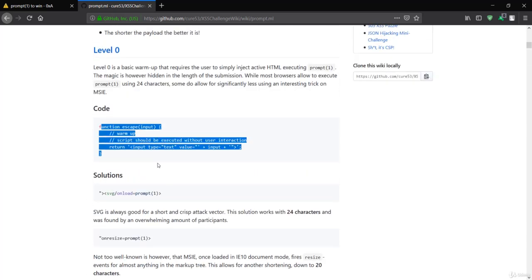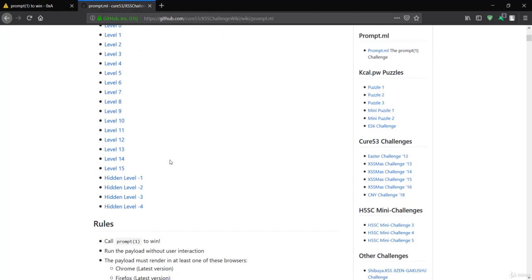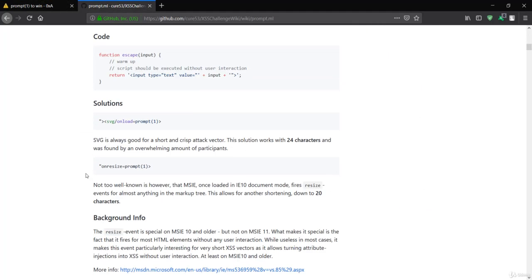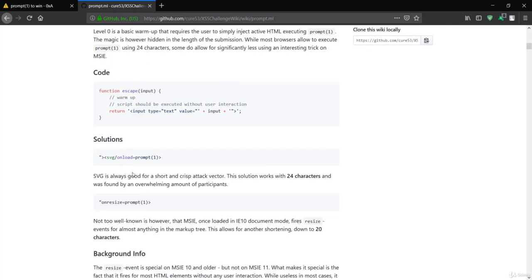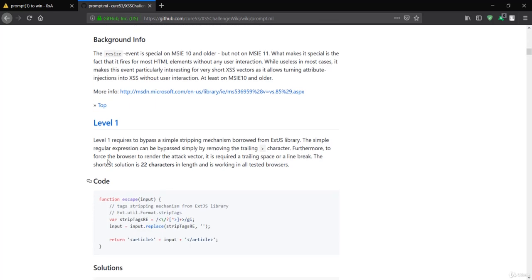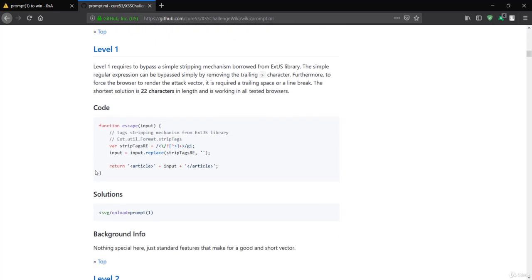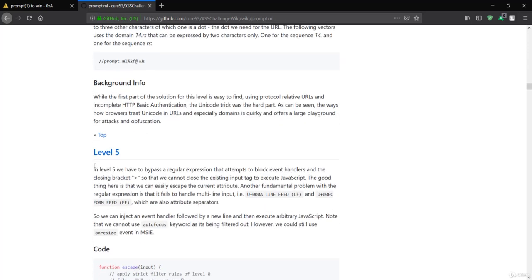Make sure you give this a go, because these challenges are really advanced, and this documentation has the levels information, code and the solutions, and it also has the background info, which is very useful. So make sure you go through it and you will see everything, the solutions over here, even the hidden challenges. You can check this out, and I'll see you in the next one.